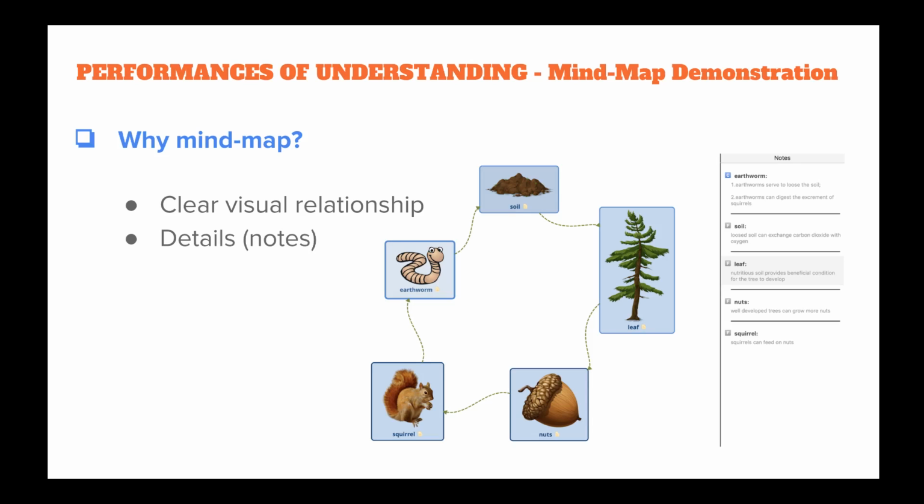To finish the virtual demonstration in the mind map, students will be boosted to figure out how different animals are related to one another and think of the structure to put all those elements together. To deepen students' understanding, teachers will require students to explain those relationships in detail and write them down in the notes section on their mind map.